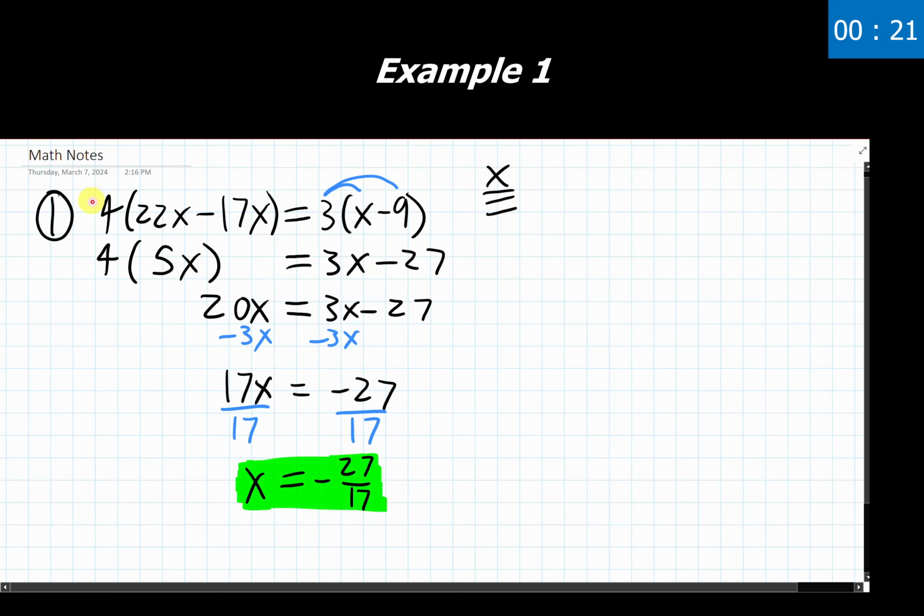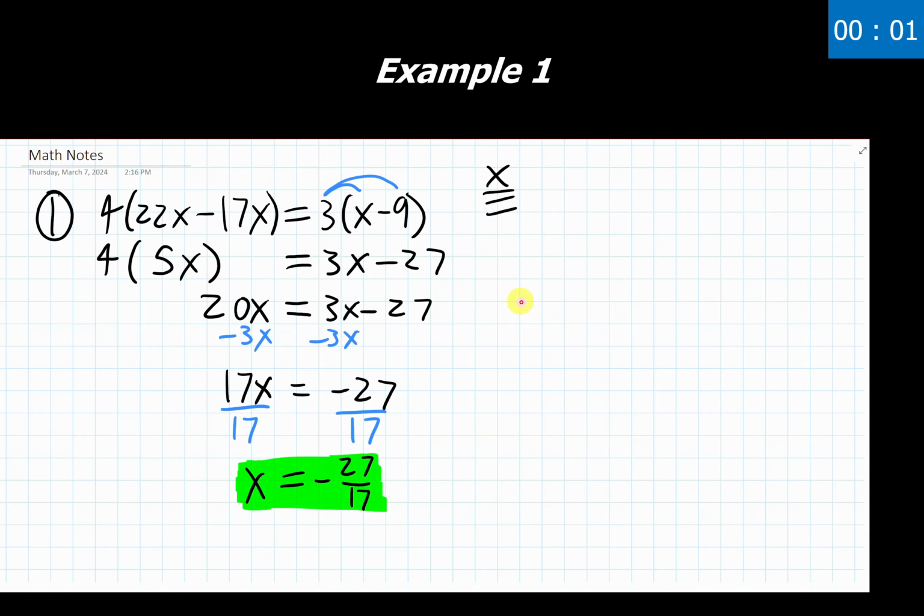That's because, again, I'm just simplifying in my first few lines. After I've simplified everything, then I start actually changing and manipulating both sides of this equation. So I just want to reiterate that here with our first example, because we're going to see that happen a few times in our next few examples.